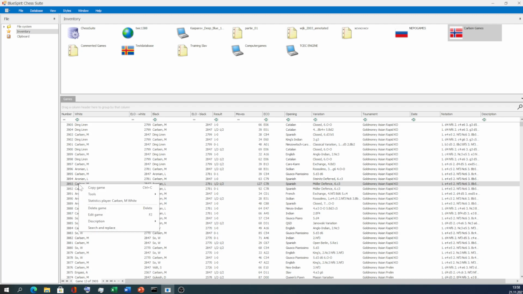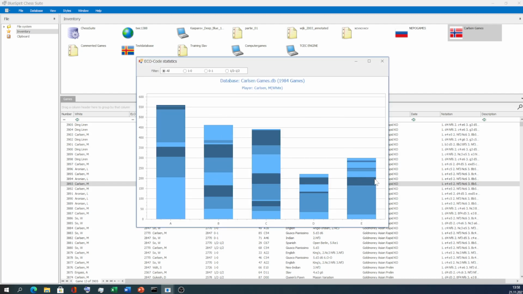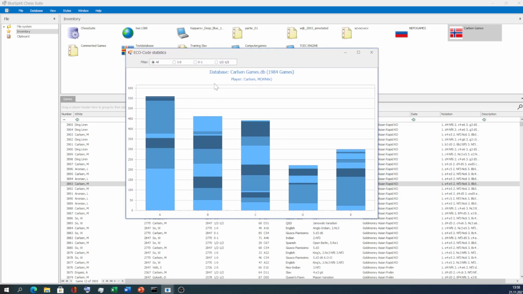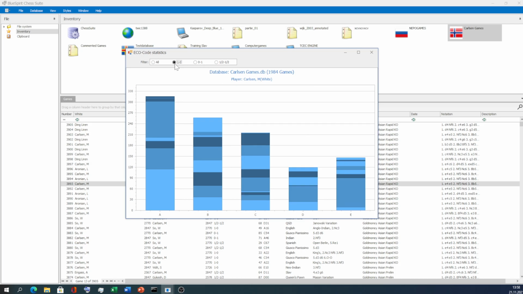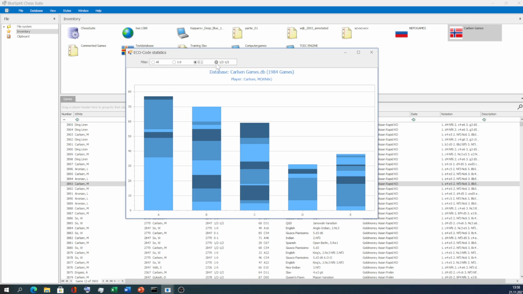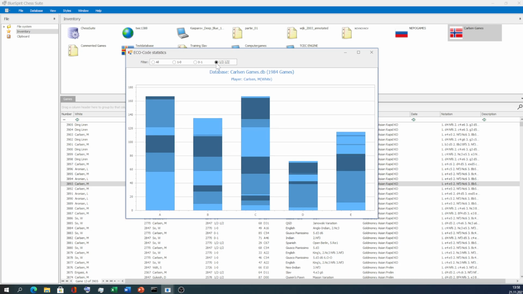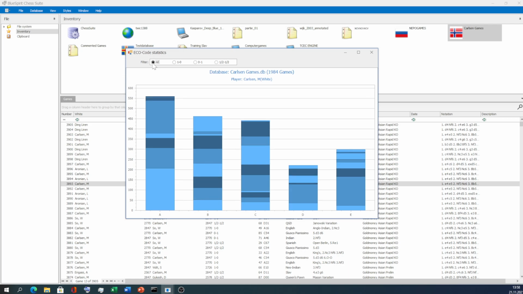You can just right click on the statistics, and you see immediately what kind of openings Magnus Carlsen is playing, and you can do this from the perspective of white wins, losses, and also draws. Overall, Magnus Carlsen is really balanced in